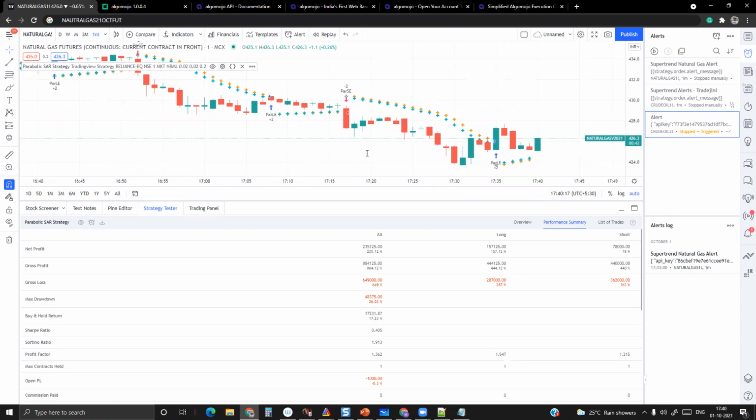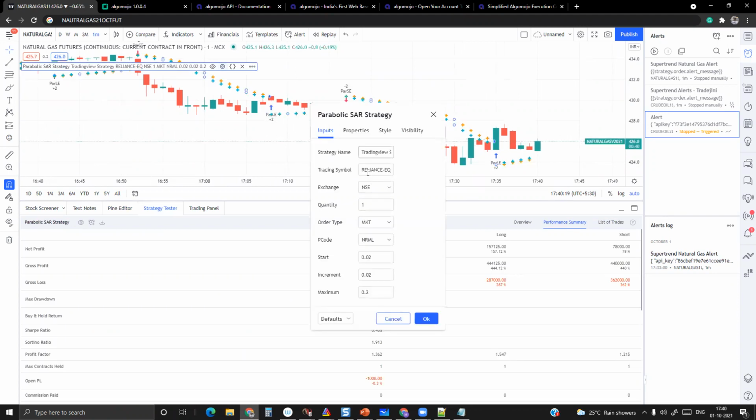If you see that, I'll have a TradingView strategy name, what symbol you want to trade, which exchange you want to trade, what is the quantity, what order you want to pass, and what is the product code, NRML or MIS. MIS means intraday order, NRML means carry forward order, CNC is for cash delivery, and the cover order is also possible. Bracket order, one has to write a separate module. And then other things are mostly related to the indicator level controls. So block 1 is done.